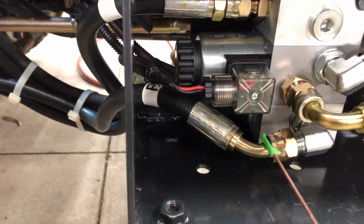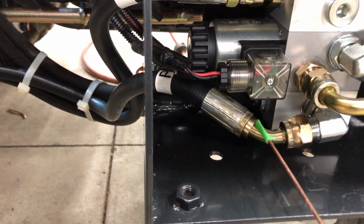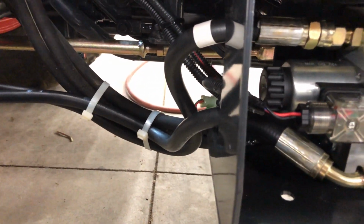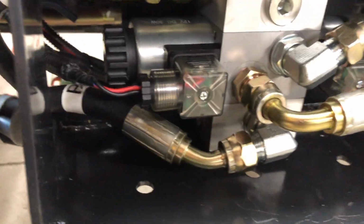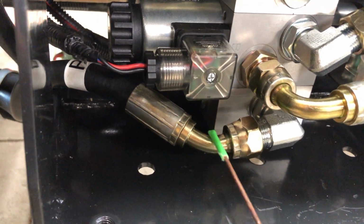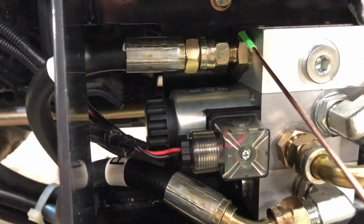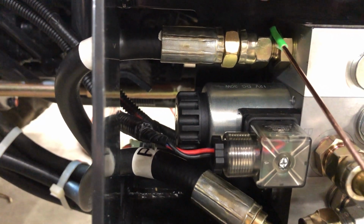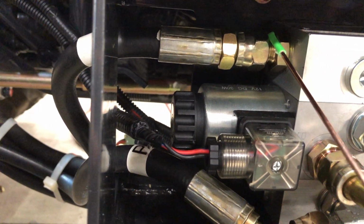And then you connect the hose and run it down, and I believe this is the port that it goes to. I had to put the fitting with the angle on it to work, and it just goes straight up there. Okay, I'm wrong. This one goes to the hydraulic valve of the tractor. This is the one that goes to the return port on the tractor that just dumps back into the reservoir